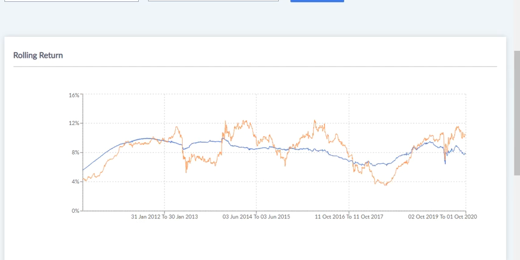Why is it useful? Because all the people will not be investing on a particular date. What you see in the returns on certain websites is a generic return, point to point return, or last 3 years, last 5 years return. But you may not have invested exactly 3 years ago, you might have invested in between. So how do you know the fund is doing well all over the period, right? Why have we taken 1 year? To show you the fluctuation or variance in the returns.